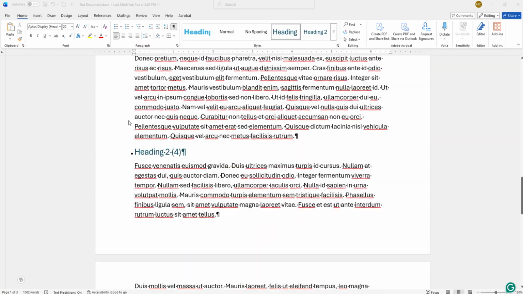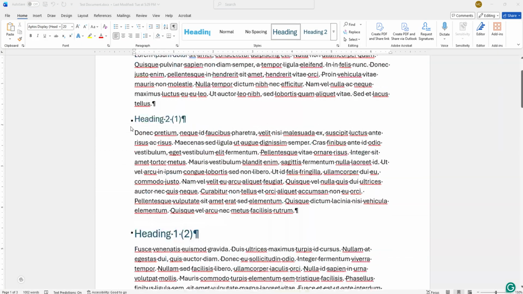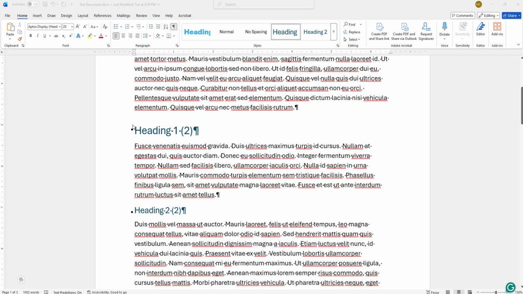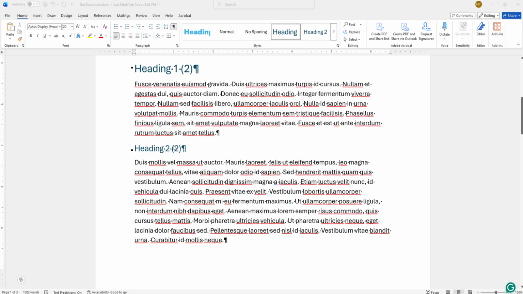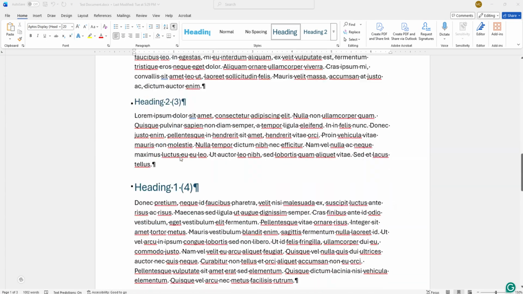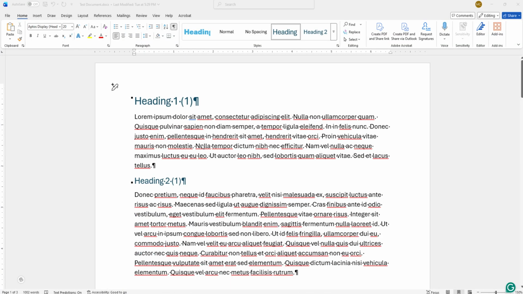Now that we have those in place, we can actually navigate to these different headers on our document. I didn't think it through in the previous video. I just put heading 1, heading 2. So I actually had to put a little number here in parentheses so we knew which headings we were looking at. But once you have all of those in place using styles, and you have all your headers set